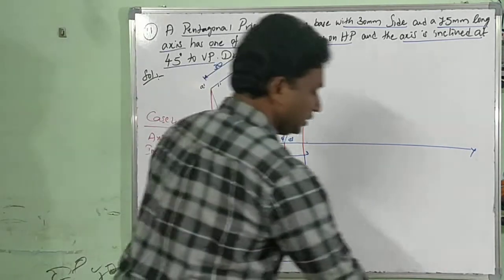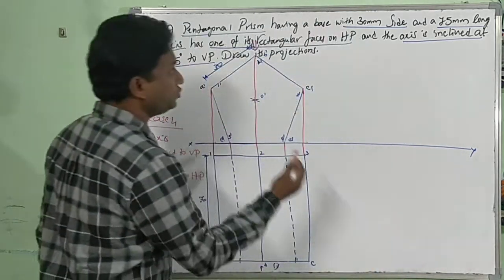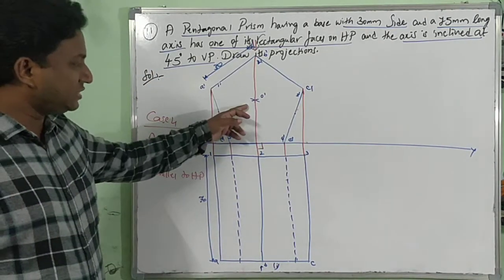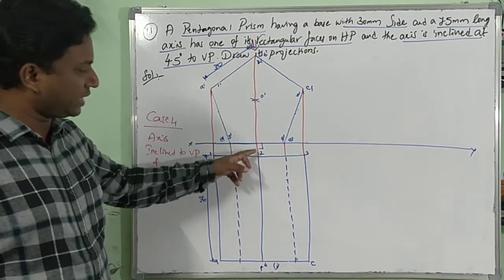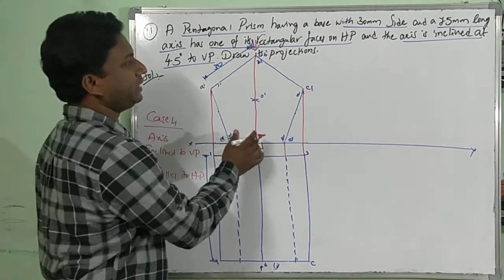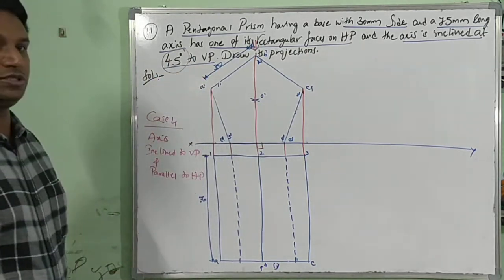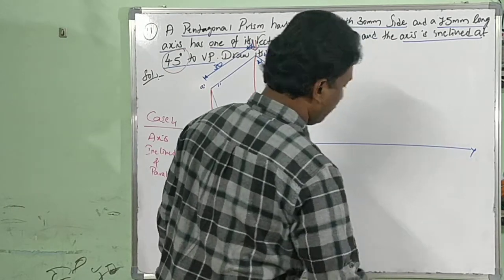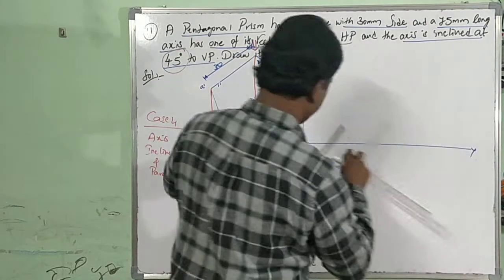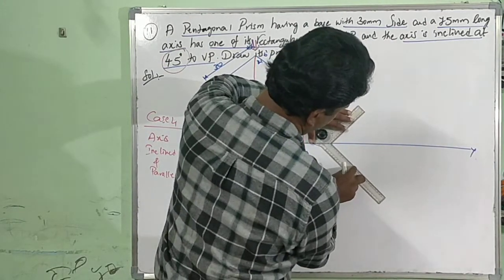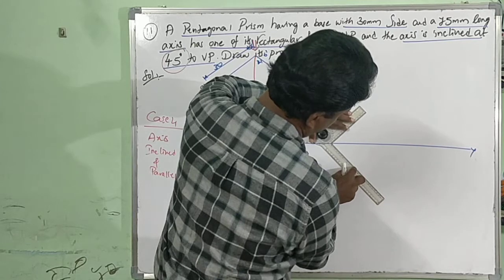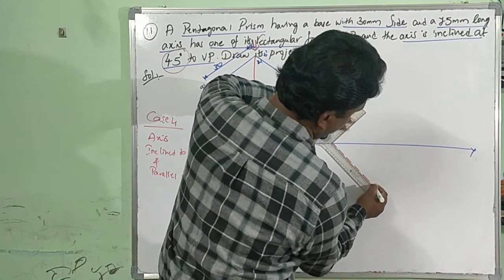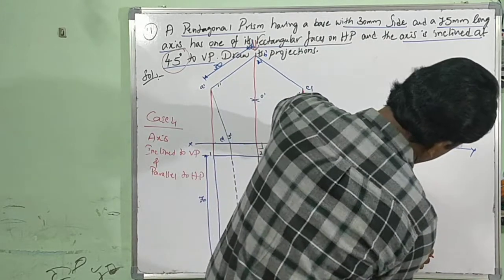Now next is what? Whatever you are observing, the axis is at 90 degrees. You have to remember in this problem, the axis O dash line is the same as B dash 2 dash, nothing but B2. This is 90 degrees, but in actual it has to be 45 degrees. So what are you supposed to do? Draw a 45 degrees line. What is that line which is at 45 degrees? The axis line.